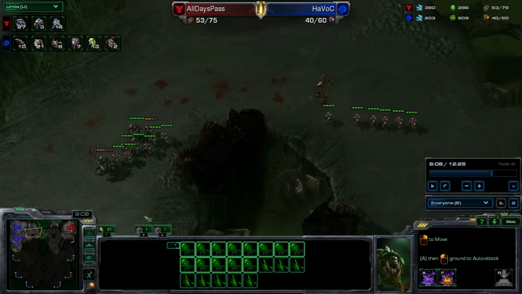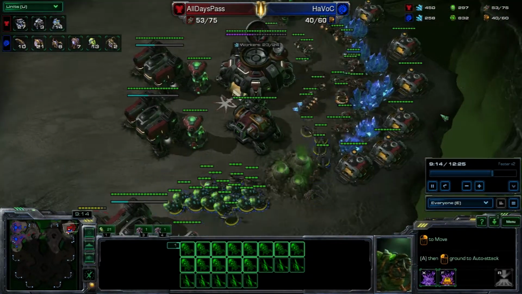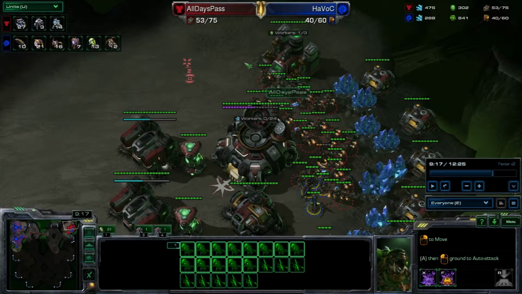So right now we're in an even type of situation. I'm going into his base, he's going into my base. So let's take a look real quick at what he does with his Banelings. I see the Banelings coming. I make the SCV pull, and